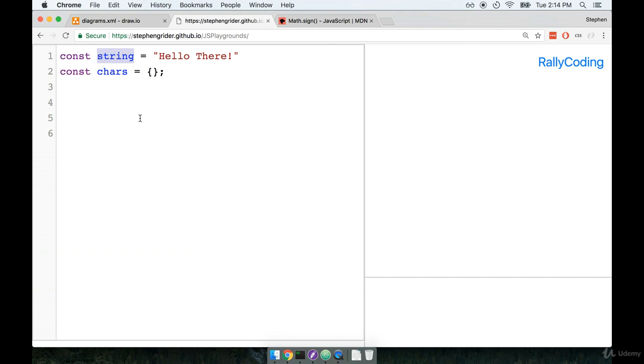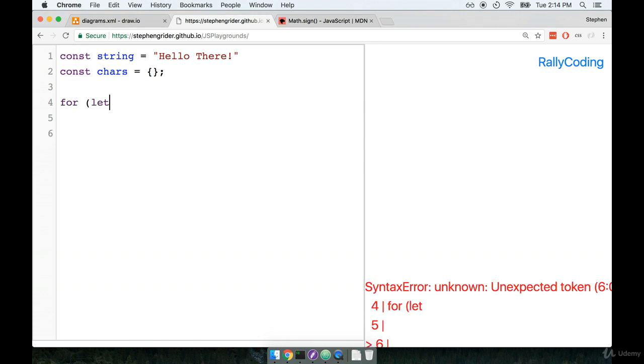Because we just saw the for of syntax a little bit ago, I think we should use for of again because it's nice and fresh in our minds. So we will iterate through our string, and for every character inside there, we will either add the character as a property and assign it a value of 1, or if we've already seen that character before, we will add 1 to it. All right, so we'll say for let char of string,